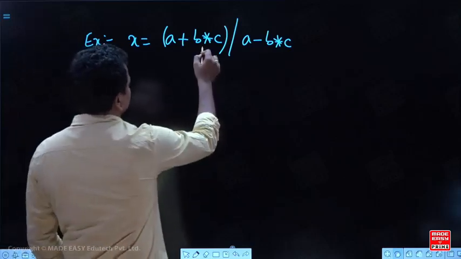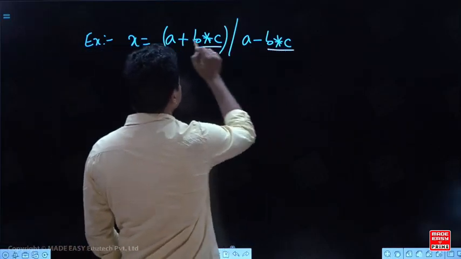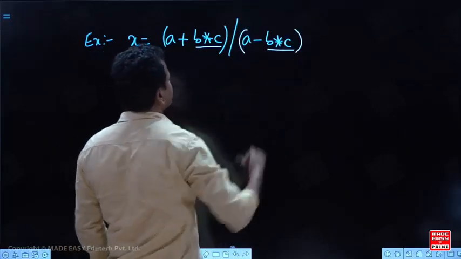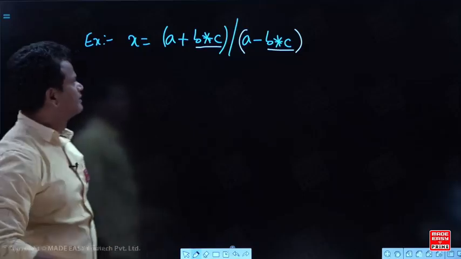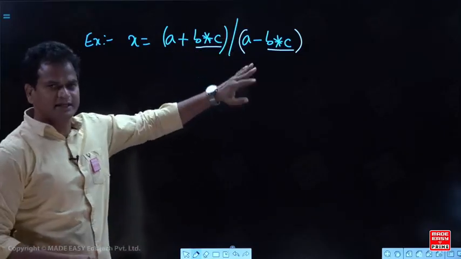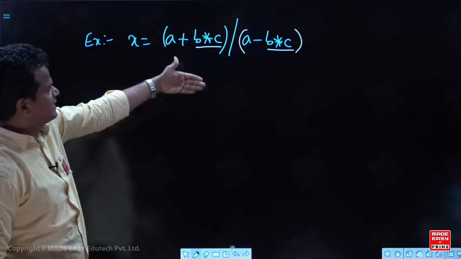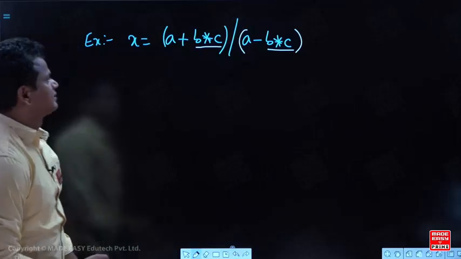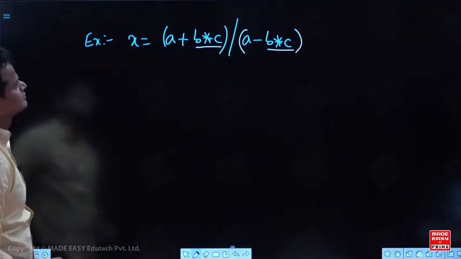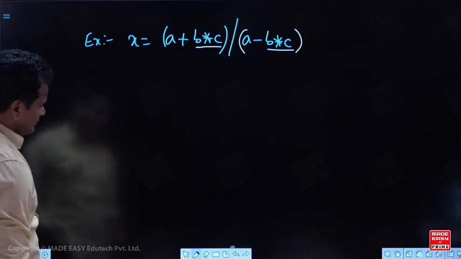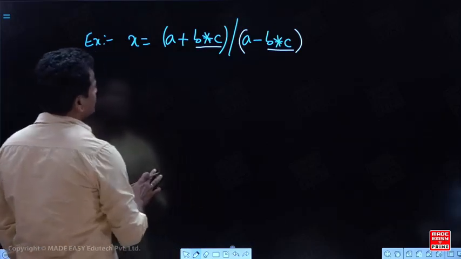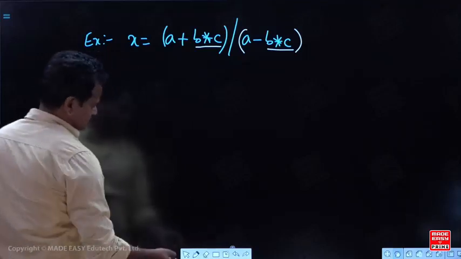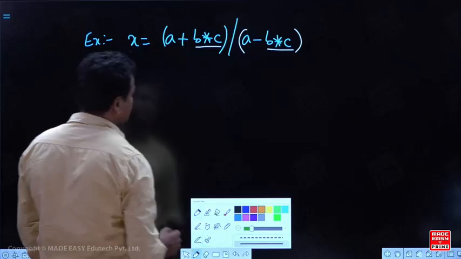So you just take the B star C, then result add to A and result subtract from A, and finally this by this. Here parentheses are not required to represent in the DAG. For the clarification only I have given this parenthesis, but in the DAG representation you don't use the parenthesis. Here you just go directly for the DAG, and you know how to consider the parse tree. Simultaneously, I'll consider the parse tree here.